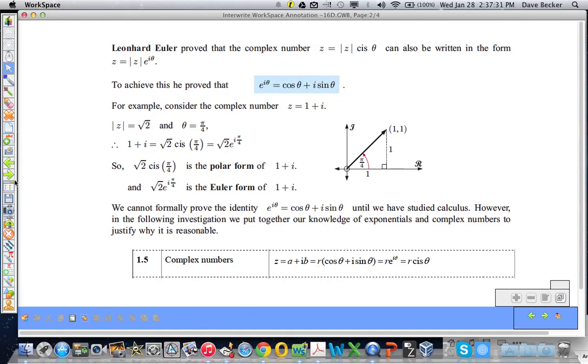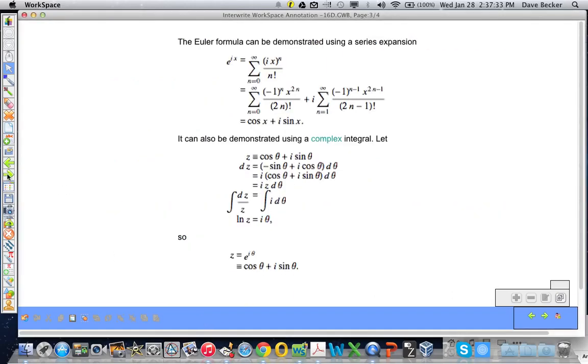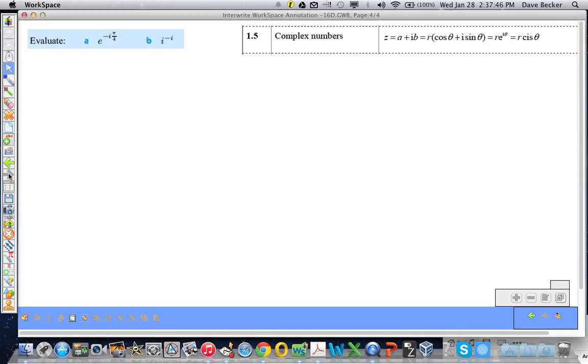Okay, so the proofs are here. Complex integrals, which are beyond the scope of this course, and series expansion as well. If you want to dig into it, have at it. But for now, we're going to accept it. Okay, so we're going to use it to evaluate